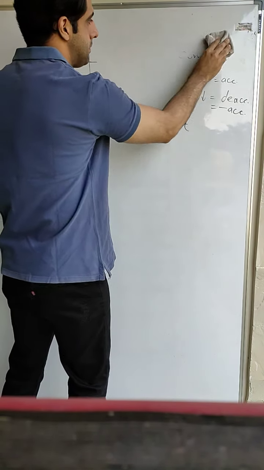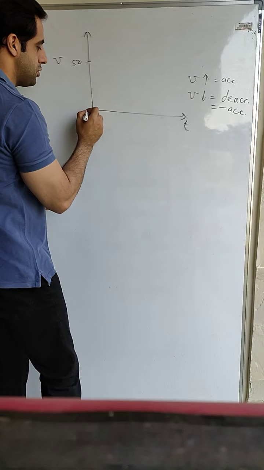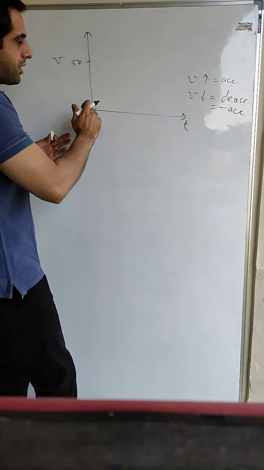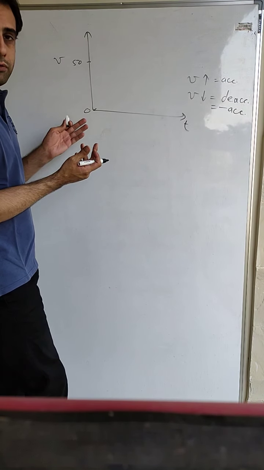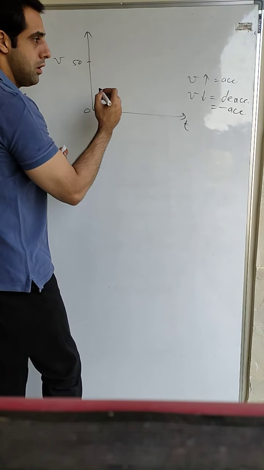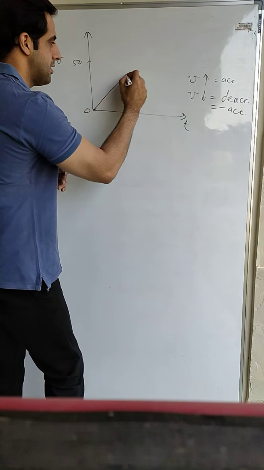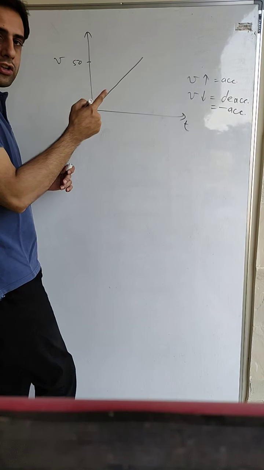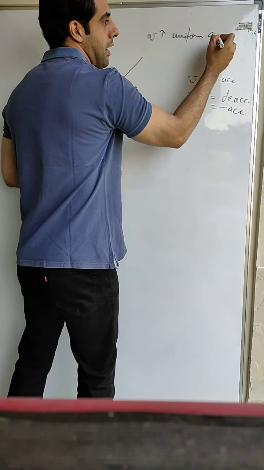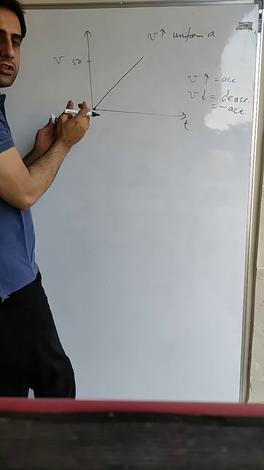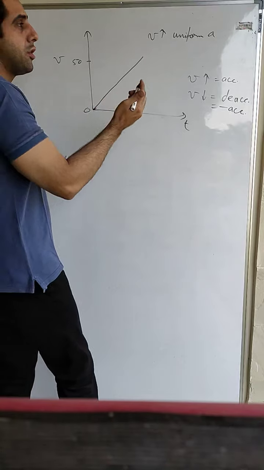Now since the velocity is changing with time, suppose it is increasing, suppose the body started from rest and after some time the speed is keeping on increasing, then what will be the shape of the graph? The velocity is increasing with time. If it is uniform acceleration, that is, the acceleration is not changing, then the graph will go like this. This means increasing velocity with uniform acceleration, because it's a straight line. So velocity will increase with the same amount every second.